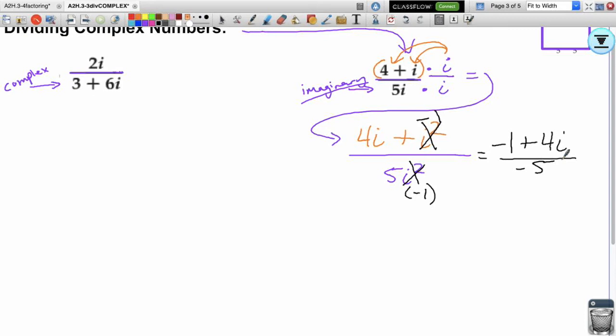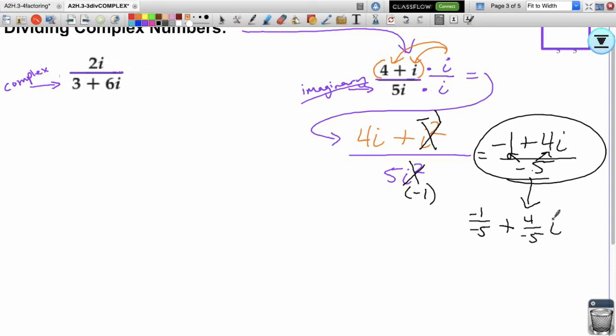Nicely? 1 divided by 5 is not nice. 4 divided by 5 is not nice. You could stop here. Okay? Now sometimes, and I think Khan Academy maybe wants you to simplify it further. They might want you to write it as sending your negative 5 here and here as denominators. So we would have negative 1 over negative 5 plus 4 over negative 5 i,